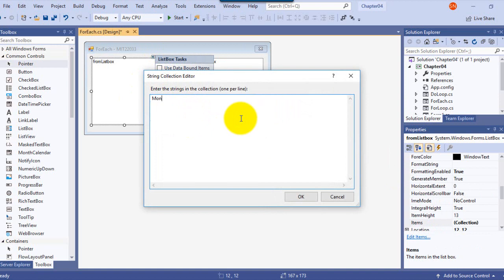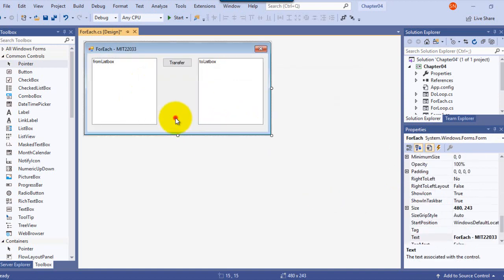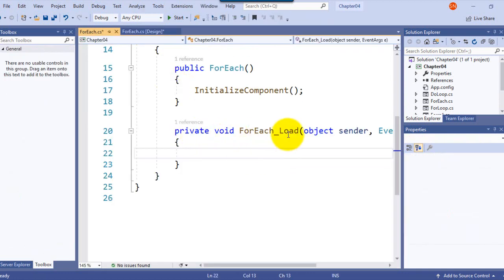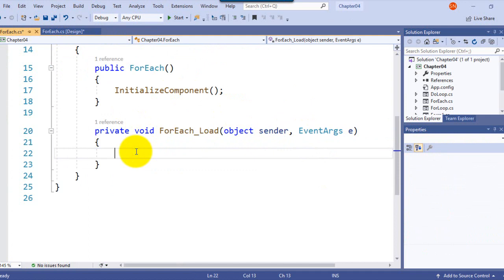So at the design time I would like to add some names. Okay, let me show it in another way. Now I would like to show you how you can add the items for the list box without a click of a button. When the form launches, you can add them. So what you have to do is double click on a blank area on the form. So here you get the load event of the form. It means when the form loads, what to do. So I'm going to add from list box dot items dot add